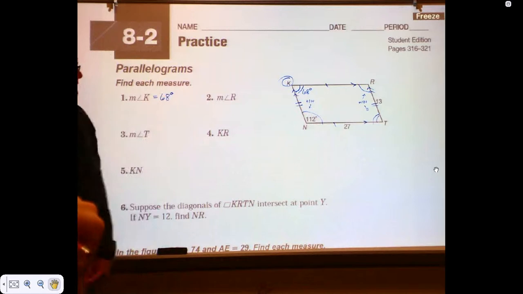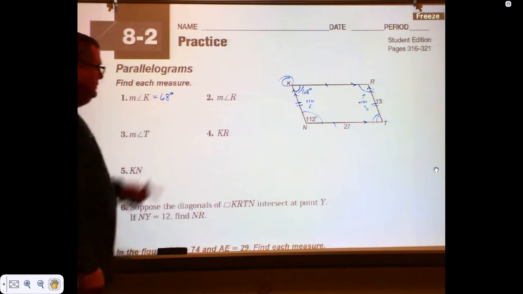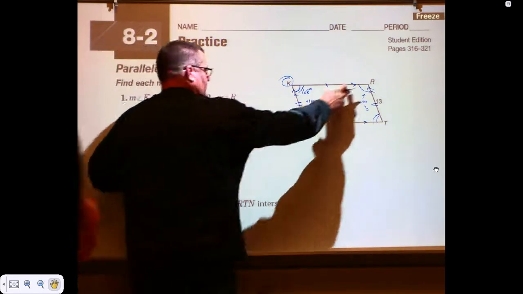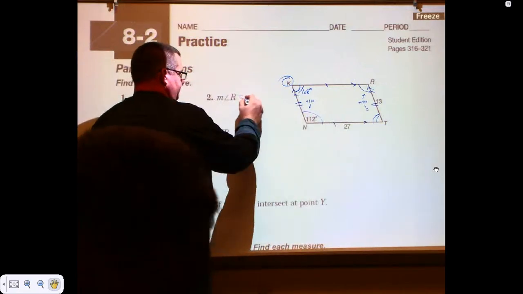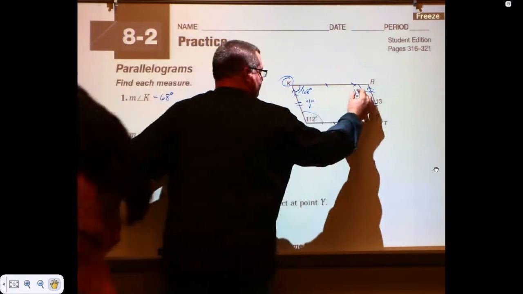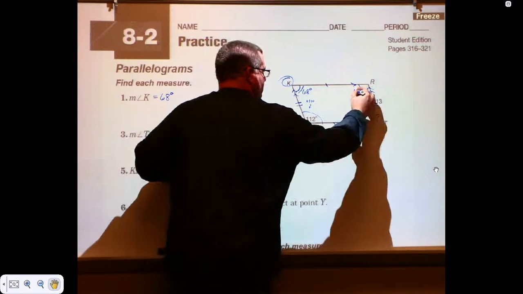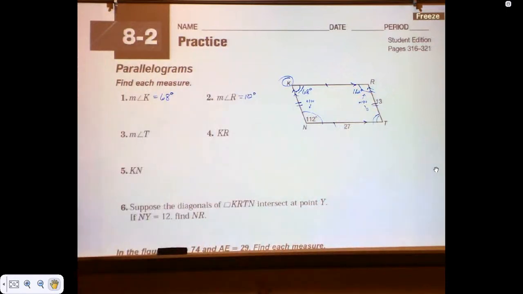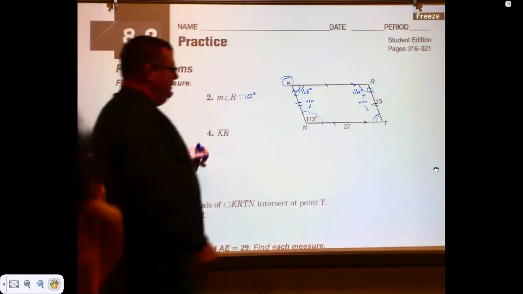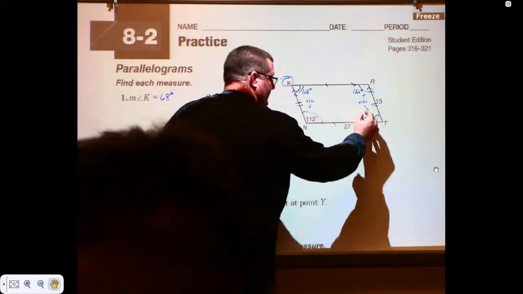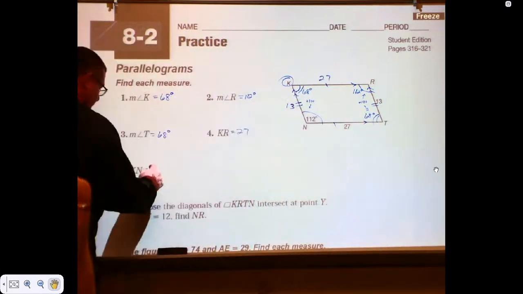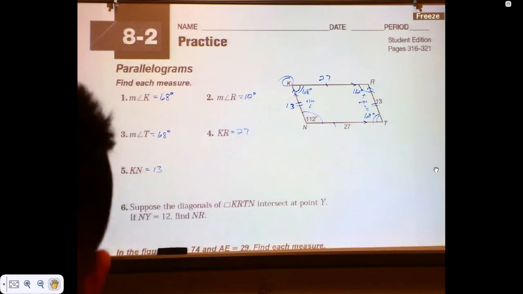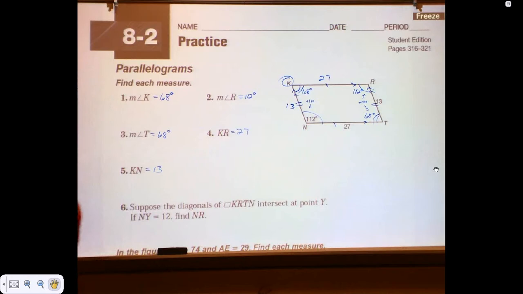Intersect at point Y, so they want me to draw diagonals and having them intersect at point Y. You guys understand that's what they're saying right there? Okay. If NY is 12, N to Y, well here's N to Y, I'm saying that's 12, right? What is N to R? 12, that would be 24, the whole thing. 24. Well, if I don't know what this piece is, I'm in trouble, aren't I? That's what they want me to find. However,